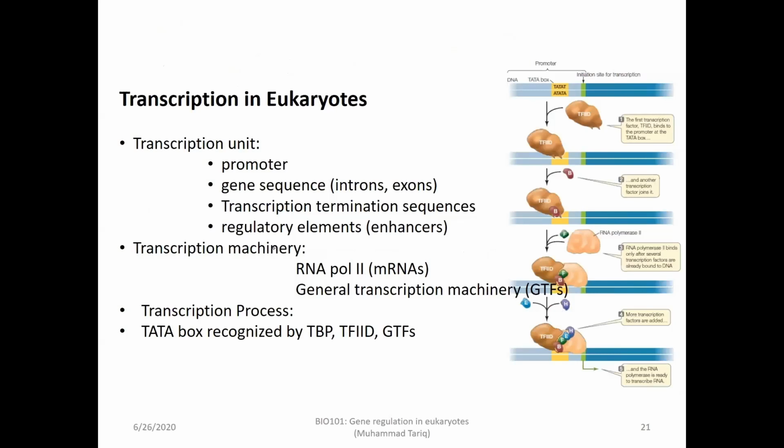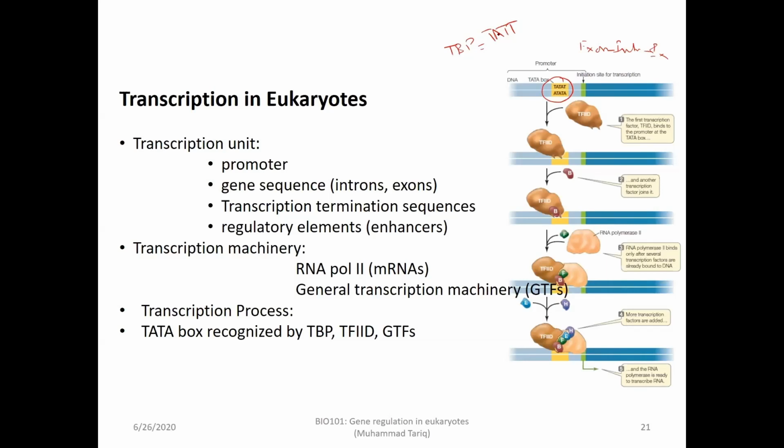So transcription in eukaryotes, if we go in detail, you have the TATA box, the promoter region. So a gene is basically a promoter and then the gene body. The gene body contains, in eukaryotes, exon, intron, exon, etc., and also the transcription initiation site. RNA polymerase 2 cannot bind by itself. There are many transcription factors, and one of the most important ones is a protein called TBP,